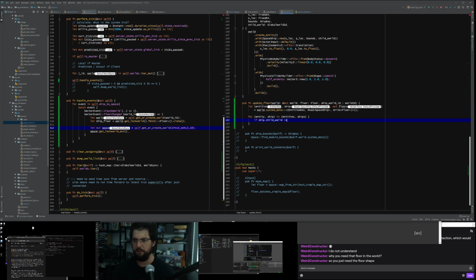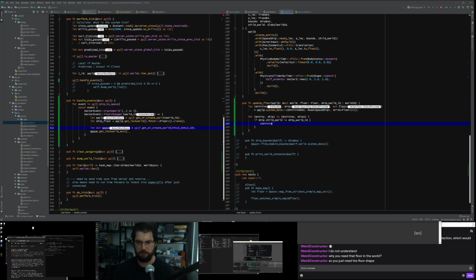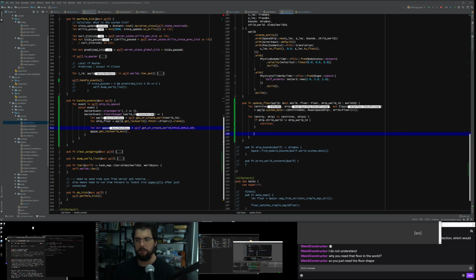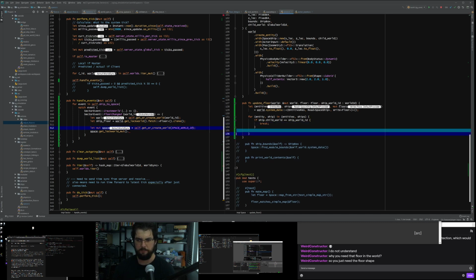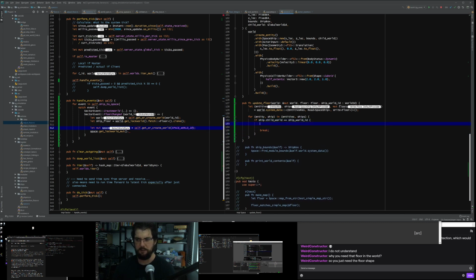So if the world does not match, we're going to skip it. Ship world ID. If they're not matchy, we will continue, which means drop out of the loop and try again with the next ship. So down here only occurs when they do match, and when that's done we'll break. Maybe it'll be clearer if I just say if we're looking for one where it equals. So if it equals, I'm going to put some logic in here that copies the ship across.